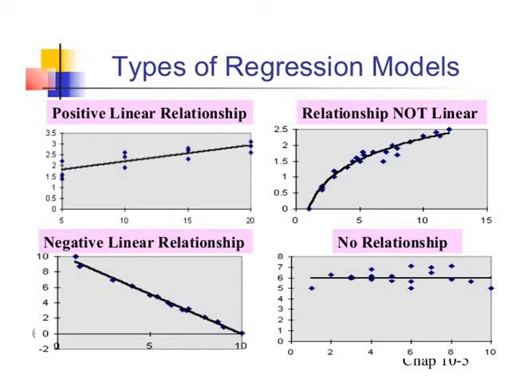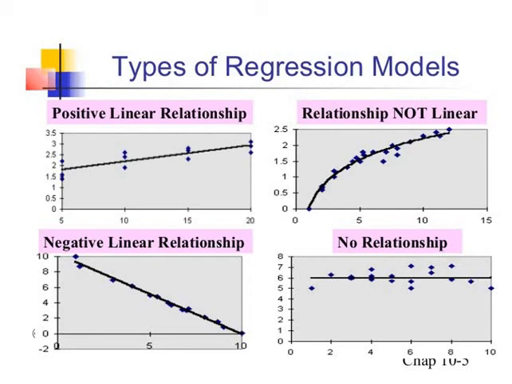In the third diagram, we see our linear line is negatively correlated. There is a negative relationship, and the line is monotonically decreasing. In the fourth diagram, we see the line is a straight horizontal line, that is, there is no impact of that explanatory variable on the dependent variable.